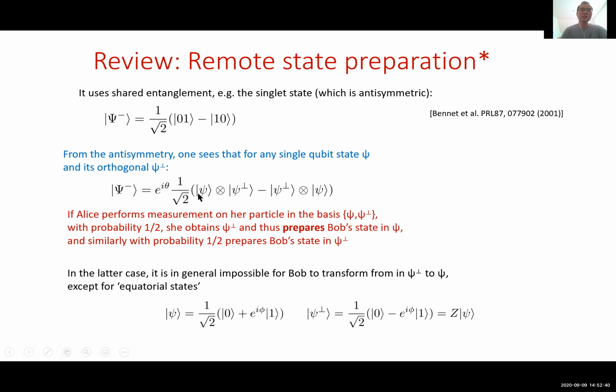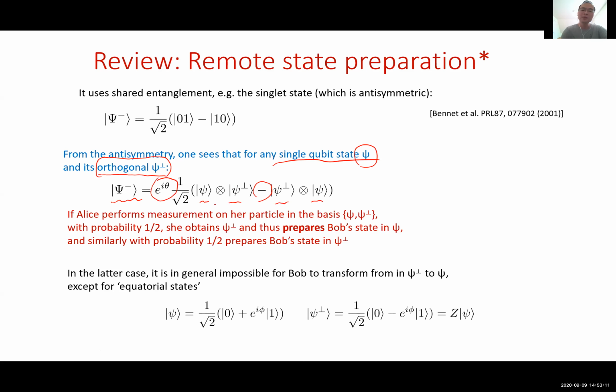So you can write a useful decomposition: for any single qubit state, you have a state psi and its orthogonal state denoted by psi perp. You can write these in terms of the two states, psi psi perp, and its exchange with a minus sign. There might be some overall phase,